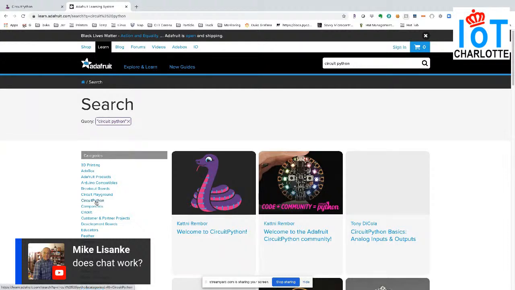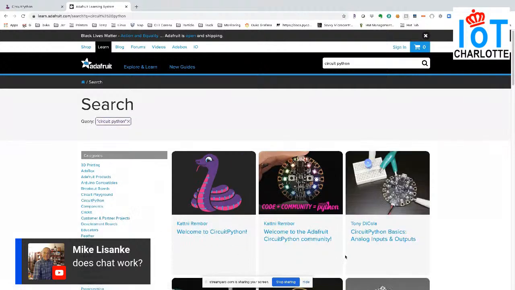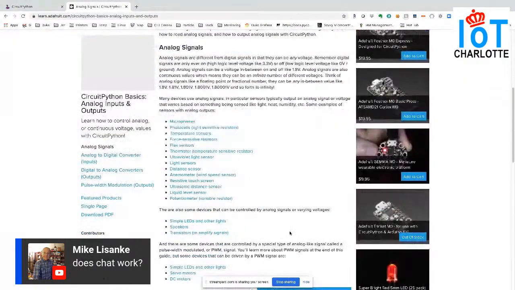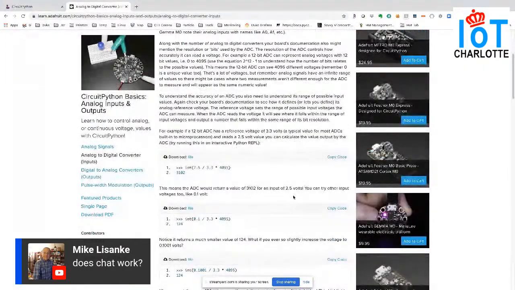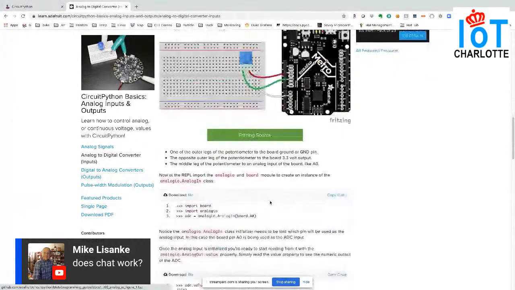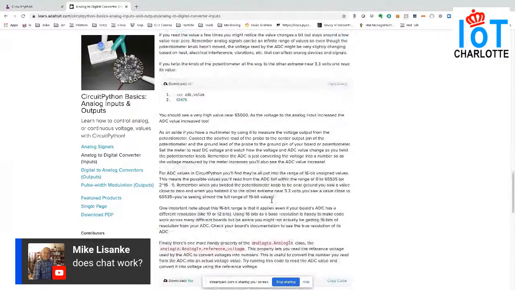So take a look at some code here. Here's some great examples of how CircuitPython works. Oh, so one of the really cool things is that there is testing in production.